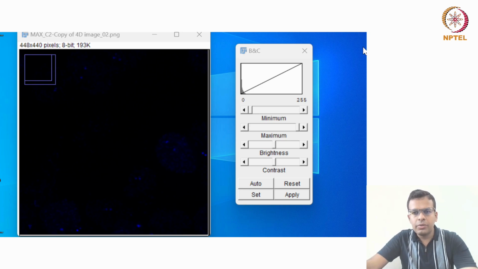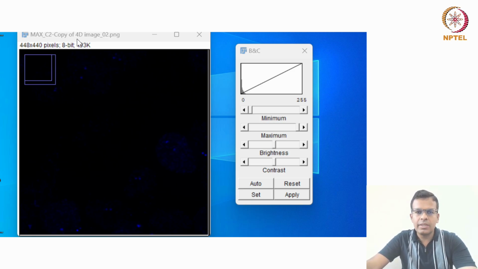Here I can show the real practical application of adjusting the gray levels. See, this is an 8-bit image, so it has 0 to 255 gray values. As I mentioned, the computer screen can display only 8-bit, like 256 gray levels only.